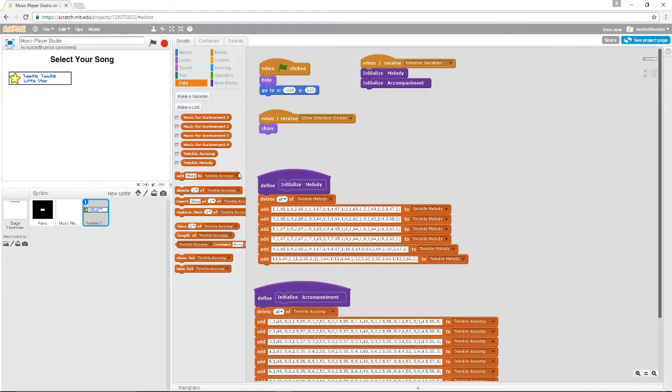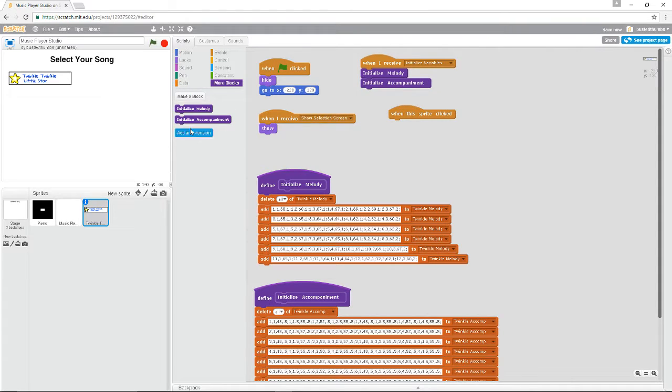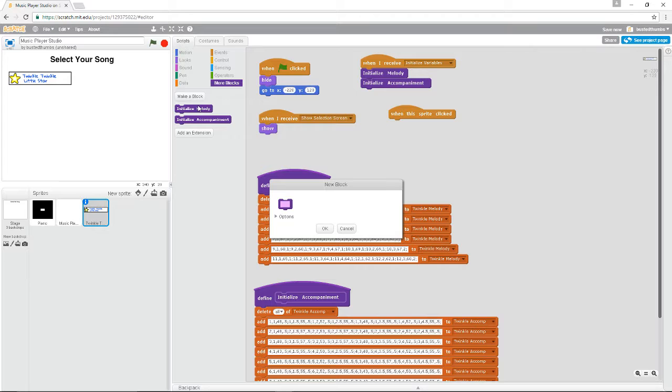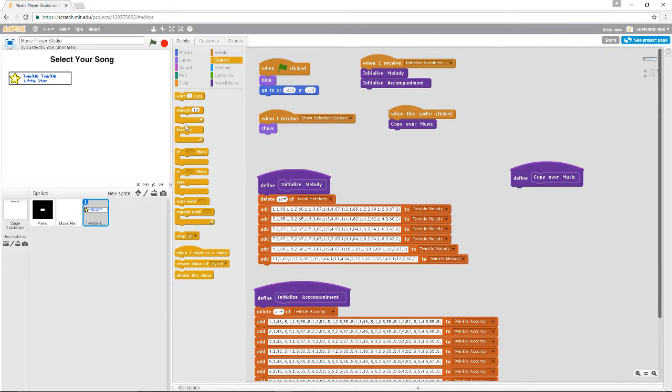All right, so what we need to do is basically when Twinkle Twinkle Little Star is clicked, when this sprite is clicked, that's that event right there. We're going to want to add a copy over the music. Copy over the music, and I'll just do that really quick for you here, then we're pretty much out of time. It's pretty simple. What we're going to do is we're going to repeat